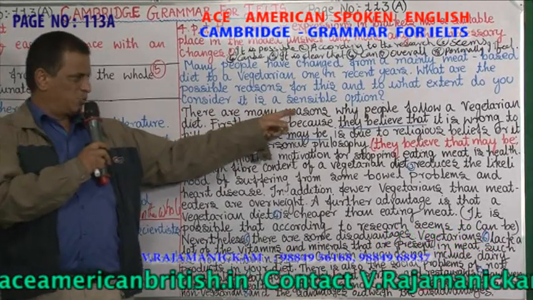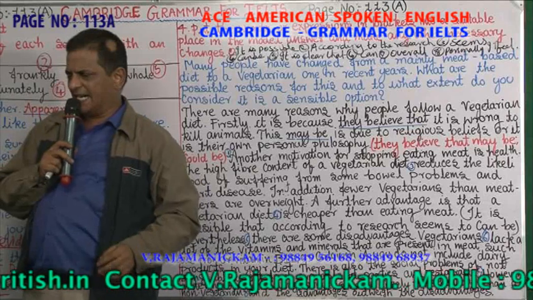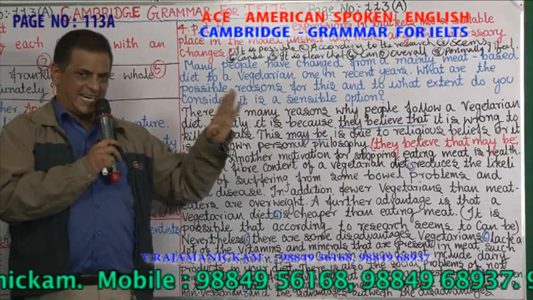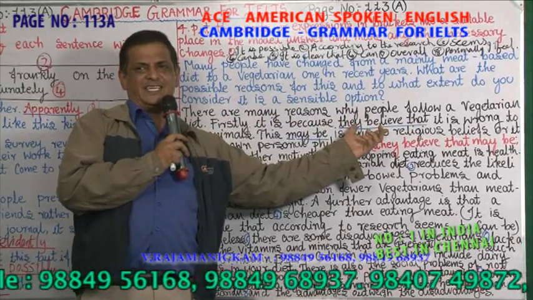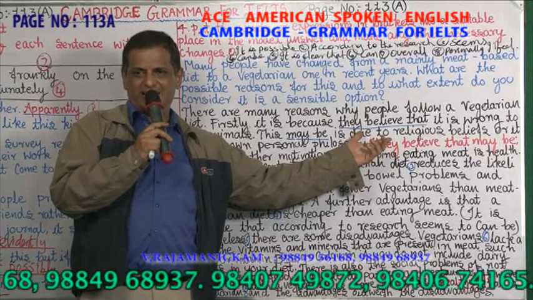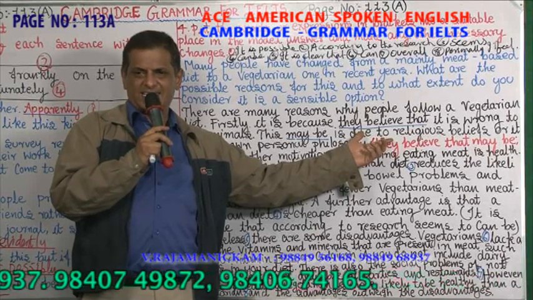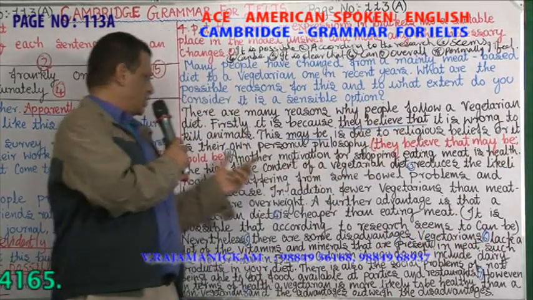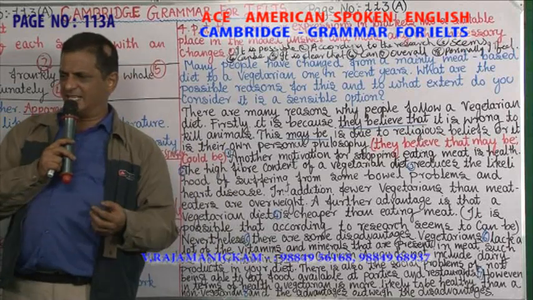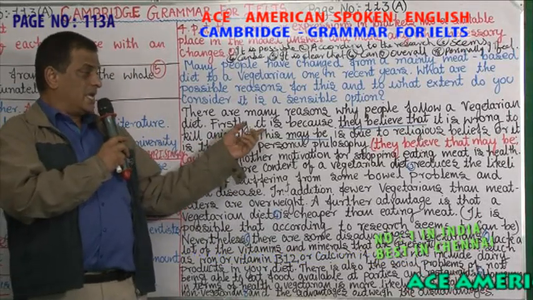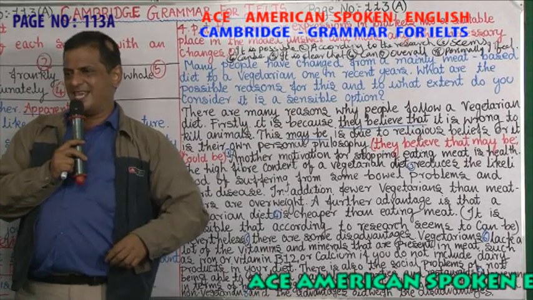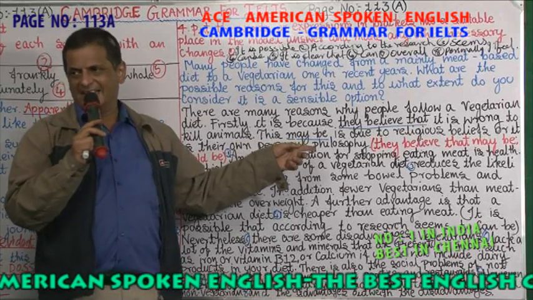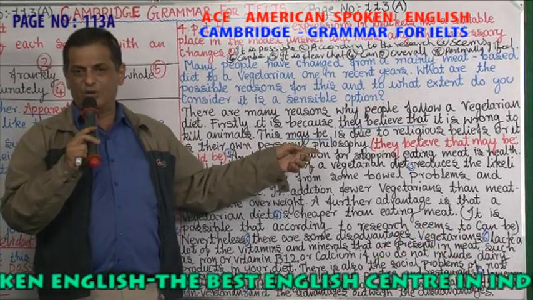So there are many reasons why people follow a vegetarian diet. Firstly, it is because they believe that it is wrong to kill animals. Who believes? The people who have moved from meat to a vegetarian diet. This may be, maybe, a stance. When you are speculating, you can use may, can, should, might. This may be